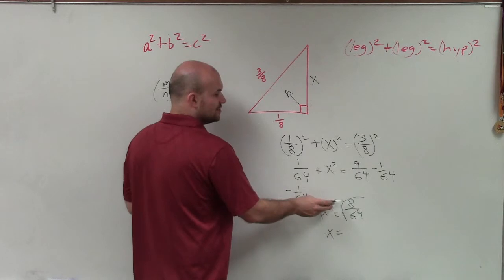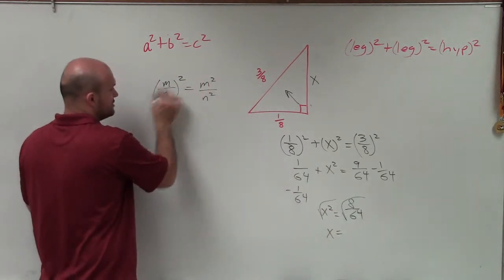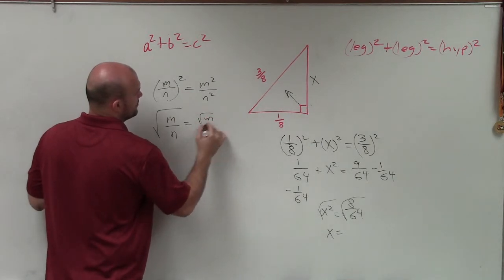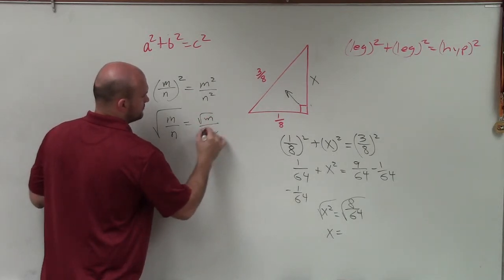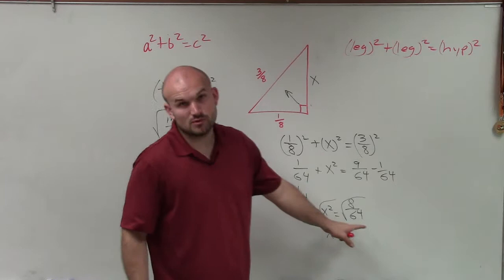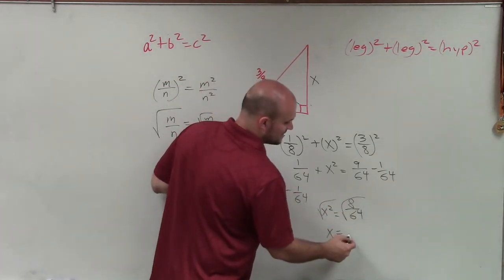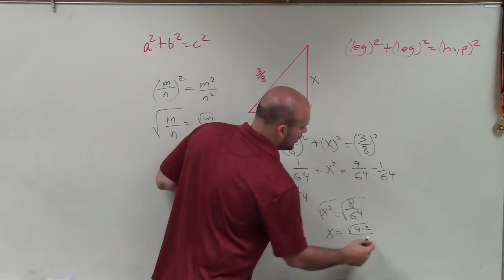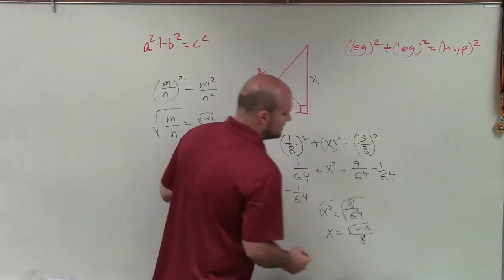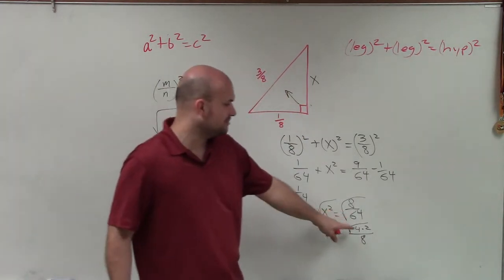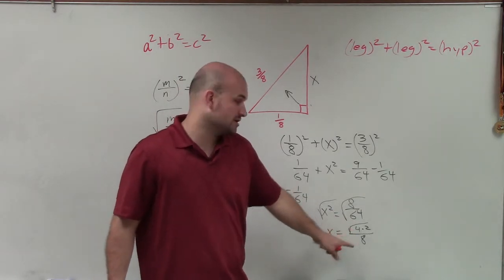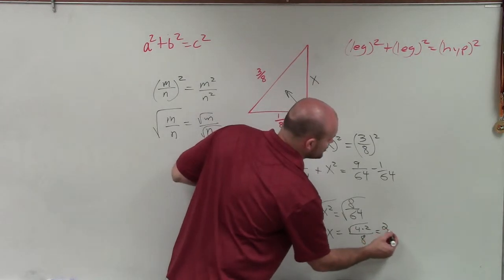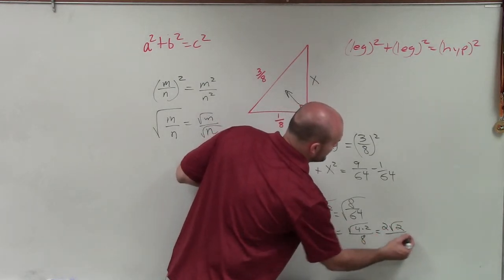X equals, now I need to, again, just like the squaring distributes, the square root distributes as well over division. So therefore, I need to take the square root of 8, which I cannot take the square root of 8 evenly, but I can break that down into the square root of 4 times 2 over the square root of 64 is 8. And the reason why I broke that up is I broke it up into a square number, right? The largest square number that divides into 8 is 4. And now I can take the square root of 4, which is 2, still have a 2 inside the radical,